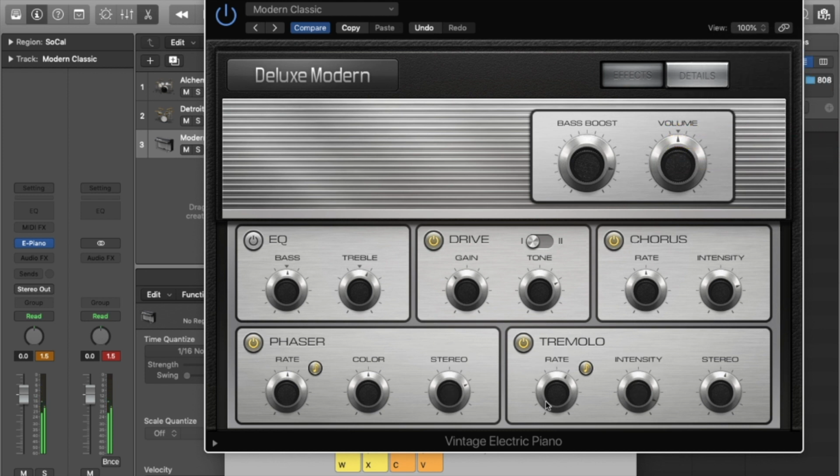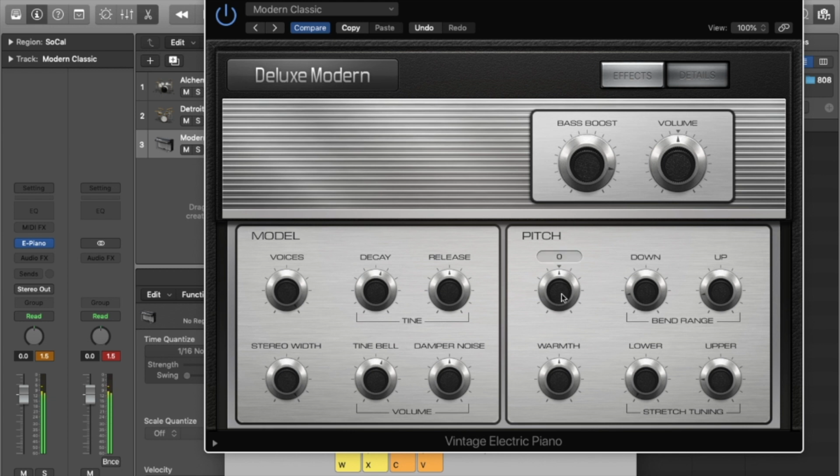Let's make the tremolo harder. Let's check the detail tab, the pitch,